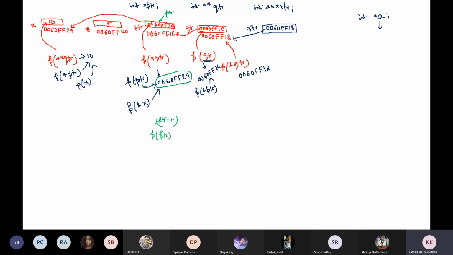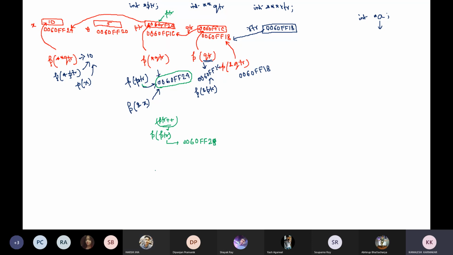If I write ptr plus plus and then print ptr, what will be the output? The value of ptr will be incremented by 4, so its output is 0060ff24. Sorry, it was 24. Now it will be 28.